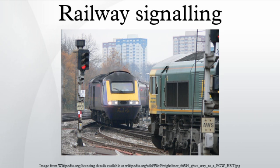The system depends on knowledge of the precise location, speed and direction of each train, which is determined by a combination of several sensors, active and passive markers along the track, and trainborne tachometers and speedometers. With a moving block, line-side signals are unnecessary, and instructions are passed directly to the trains. This has the advantage of increasing track capacity by allowing trains to run closer together while maintaining the required safety